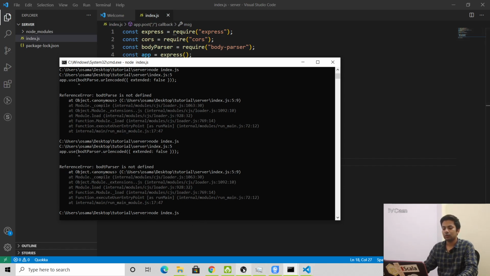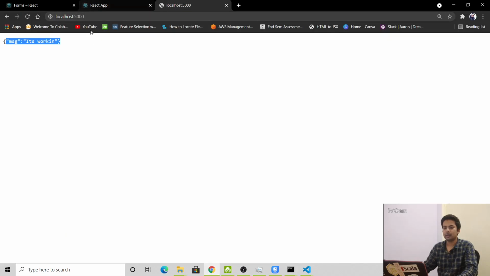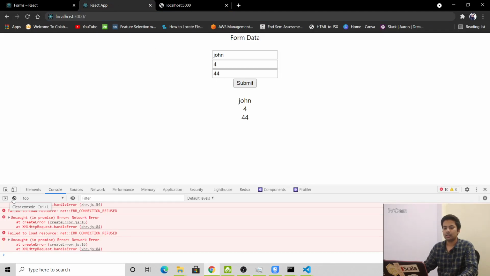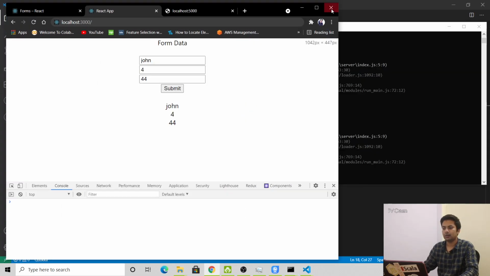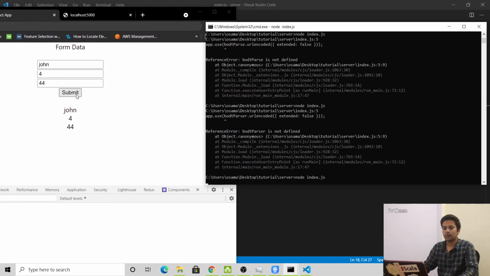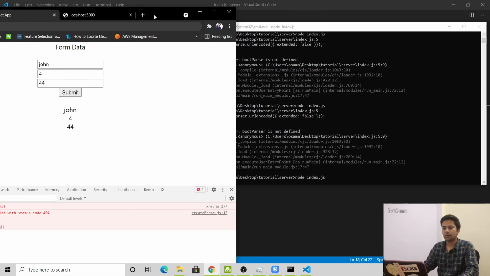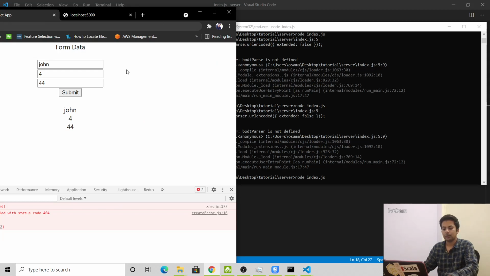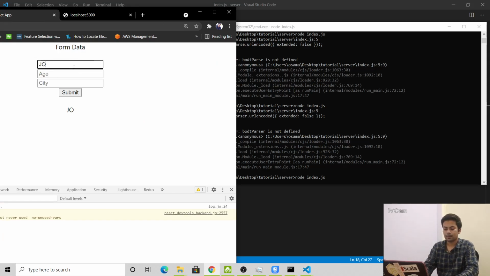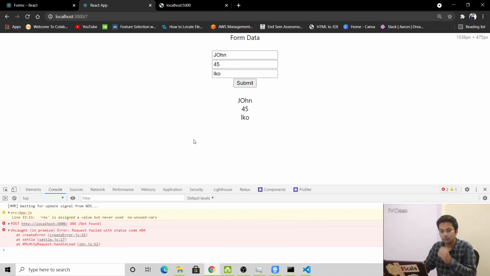Let me go to the front end. Let's clean it, and as soon as we submit it, I'll make it a little bit smaller. See what we have got, an uncaught error. I think I have to reload it. Age, city LKO, post, uncaught error.